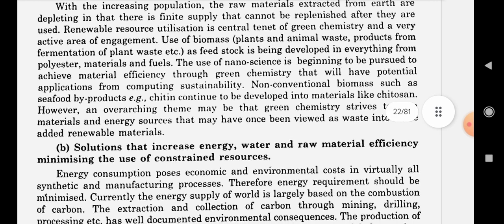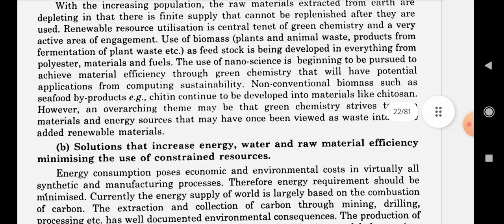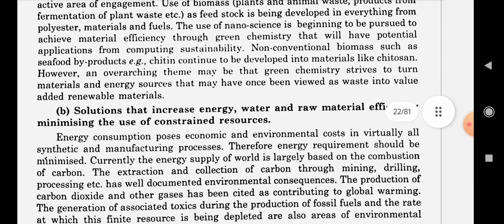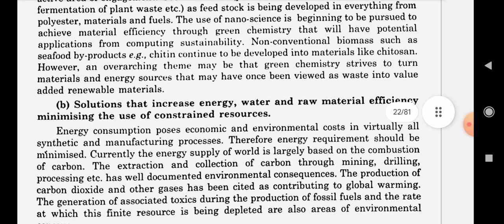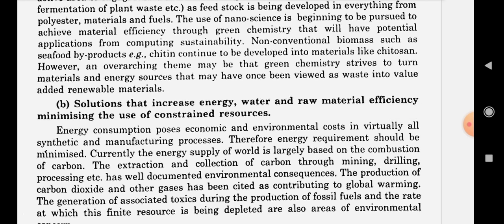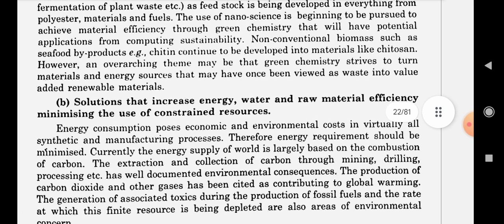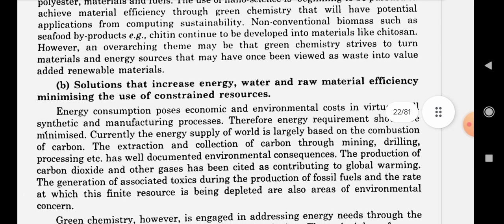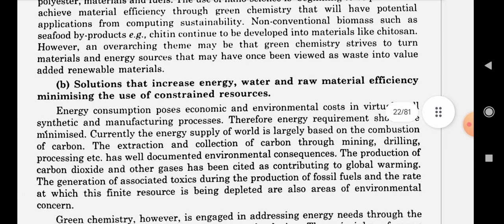Renewable resource utilization is a central tenet of green chemistry and a very active area of engagement. Use of biomass as feedstock is being developed for everything from polyester materials to fuels. The use of nanoscience is beginning to be pursued to achieve materials efficiency through green chemistry, with potential applications from computing to sustainability. Non-conventional biomass such as seafood byproducts, for example,